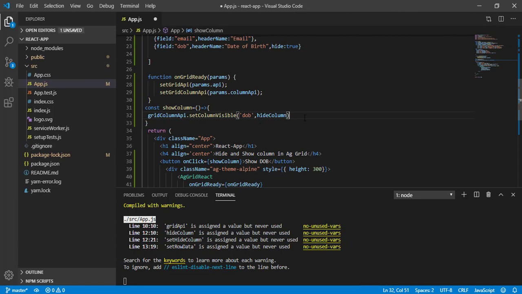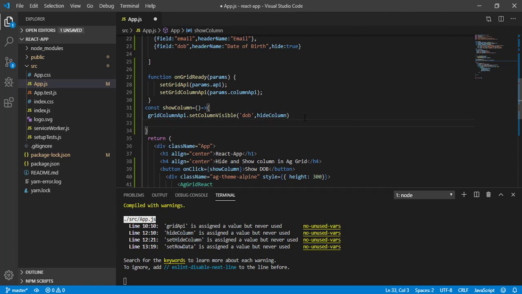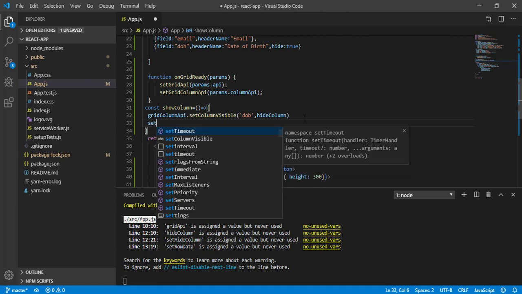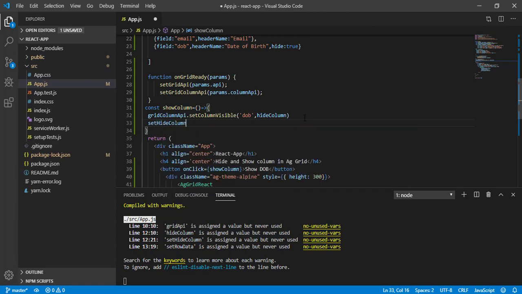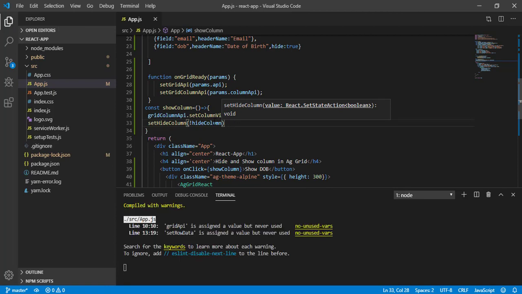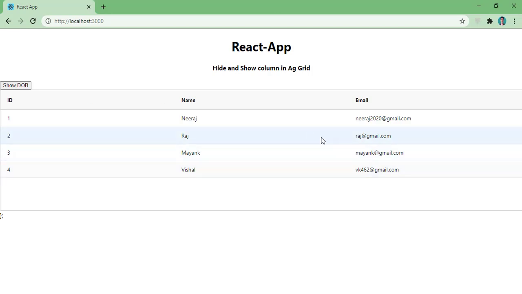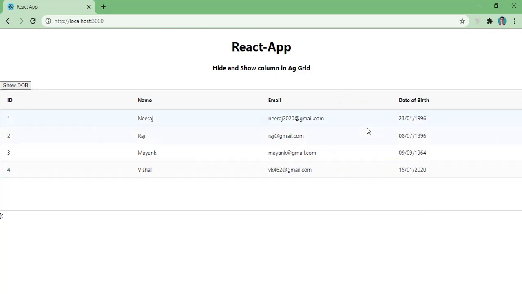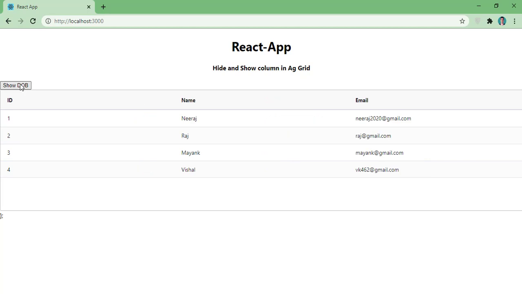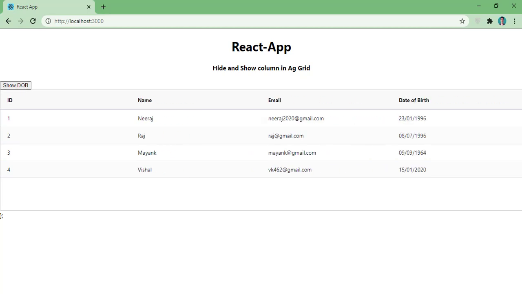Okay, and after this, on click of this, what we will do is we will change the state. So here set hide, and we will make this value as a not of, means opposite of hide column value. Means if it was true, I will make this as false right now. So let's come back here, and now you can see I don't have that column, but once I click here, you can see still I don't have, and once again I click, I got this one, it is gone. Once again I click, it came back.